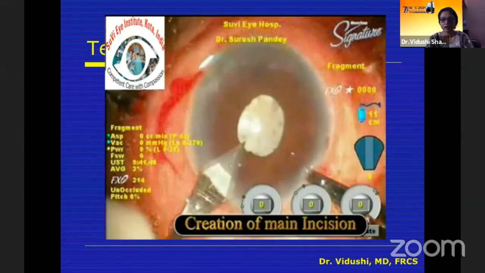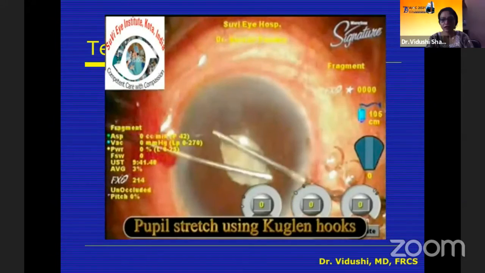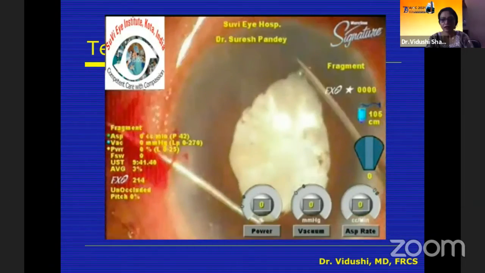Now, pupillary stretch technique is more or less obsolete, but there is now a distinction being made between rigid and elastic small pupils. So in rigid small pupils like post-uveitic fibrotic iris, there is a role for the pupillary stretch technique, because in these rigid irises, if you use an expansion device and it stretches, there may be a tear. So it's a good idea to make it a little lax with the use of the pupillary stretch technique. We should not stretch it too much, and the force should obviously be gradual.